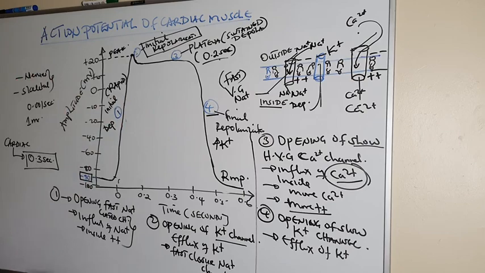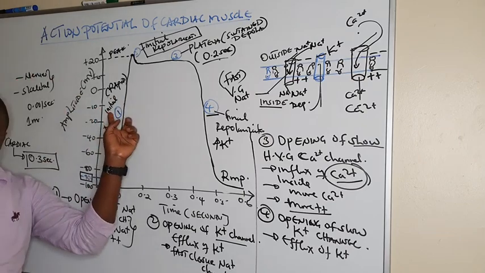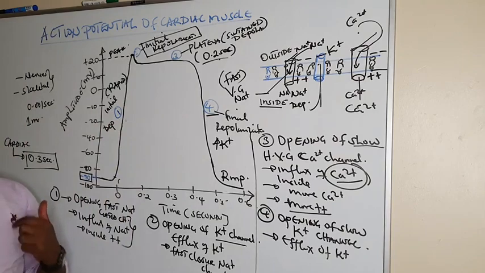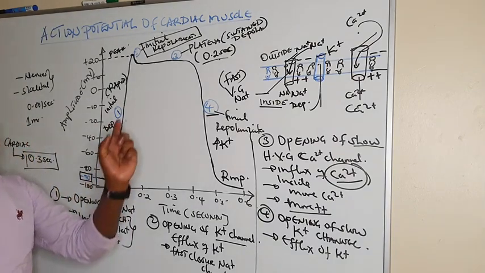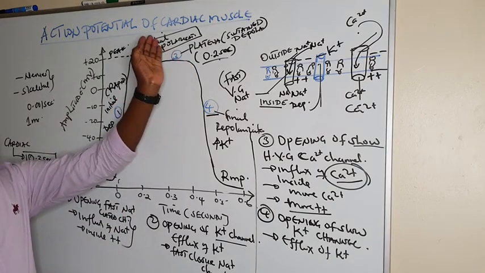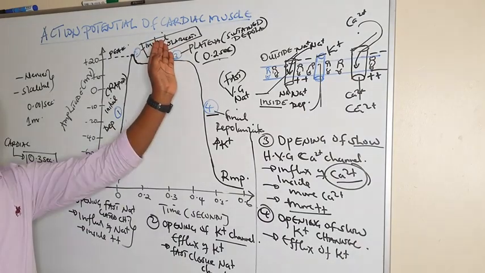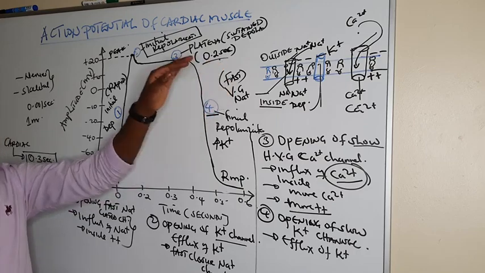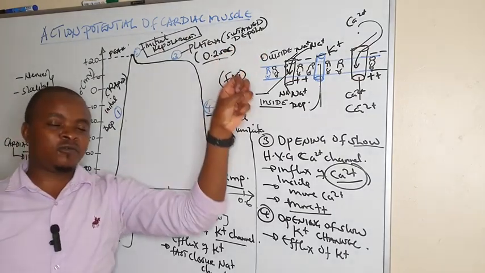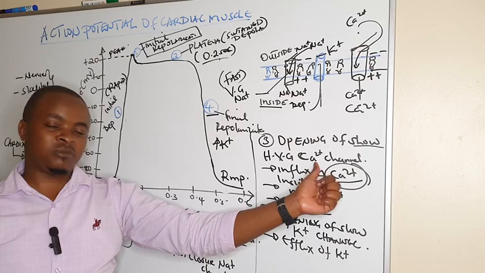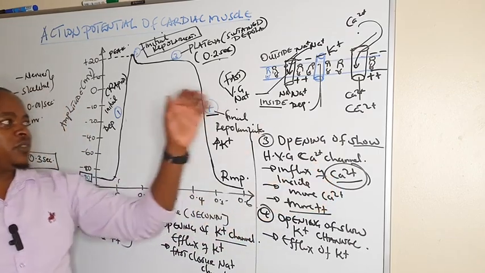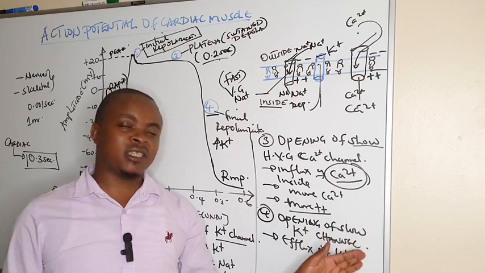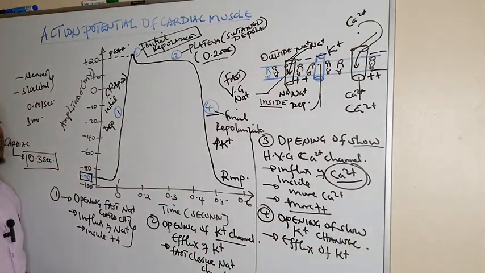So in summary, in this session, we have looked at 4 phases of the action potential in the cardiac muscle, whereby the first one was initial rapid depolarization due to opening of the fast high voltage sodium channels. Initial repolarization due to efflux of potassium ions, then followed by the plateau, which takes about 0.2 seconds, and is due to the opening of slow high voltage calcium channels. Then we have seen final repolarization, which is due to the opening of slow acting potassium ion channels,